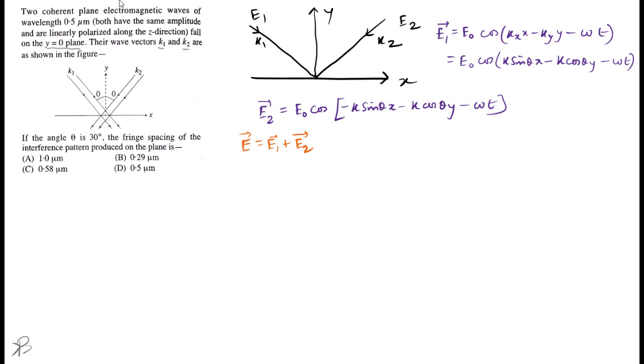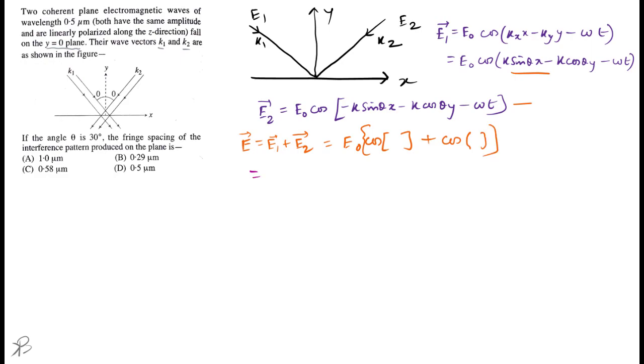Now if you add the two vectors, that is this one and this one, it will be something like E0 cos of something, and here we have another cos term, cos of something, right,